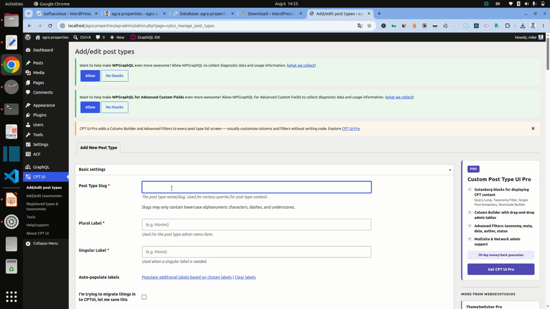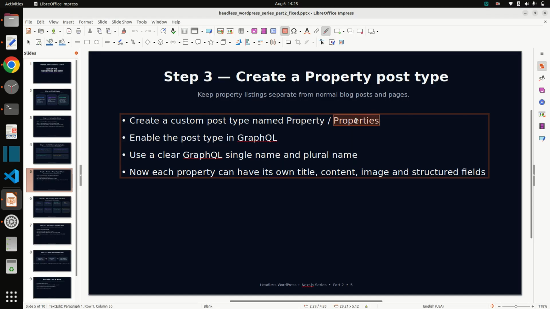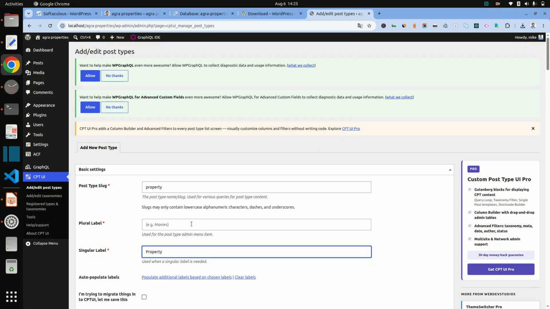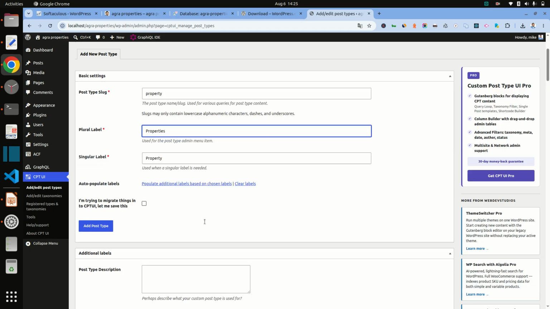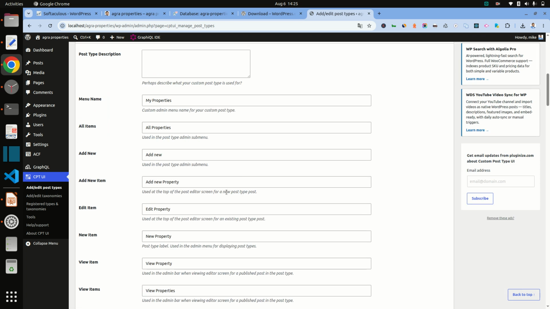For the slug we just put property, for singular we put property, and for plural we also copy from here and put property, and also click on populate so that it will populate all the items here.